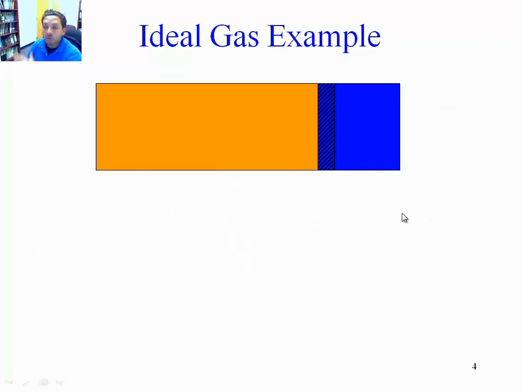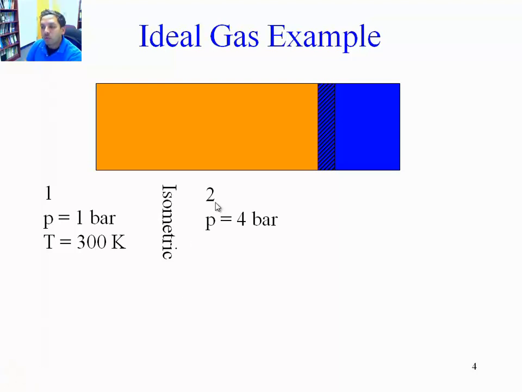So we're assuming that this is inside a piston cylinder assembly, and that the piston moves and compresses and expands throughout the cycle. State number 1, we have a pressure of 1 bar, 300 Kelvin. Then we go through an isometric process, so whatever the volume at state 1 is, the same is the volume at state 2. And we raise the pressure to 4 bar. Then we go through a polytropic process, where PV^1.2 is equal to a constant, until the pressure reaches 1 bar. So we go down in pressure. It's an expansion where the pressure goes to 1 bar.